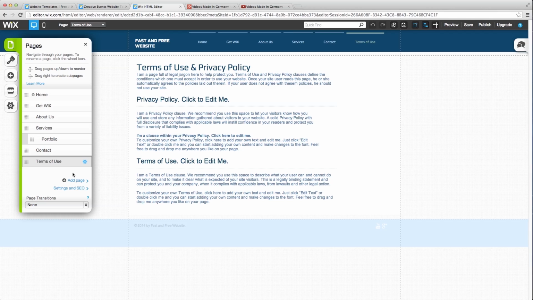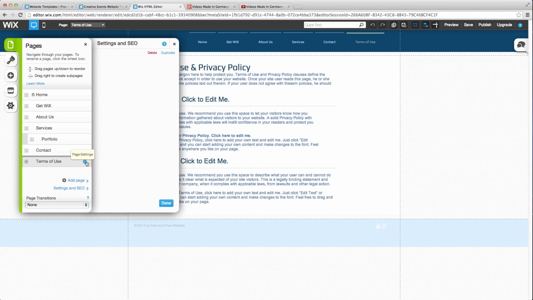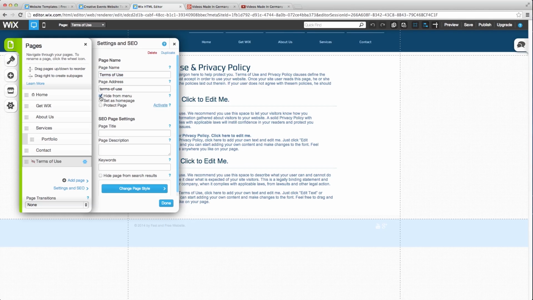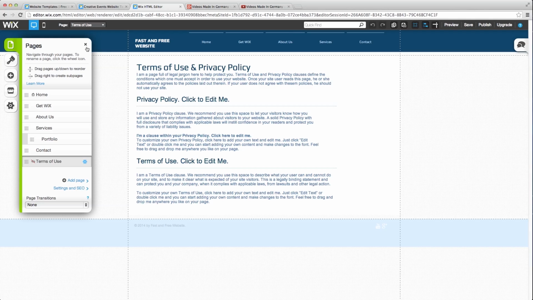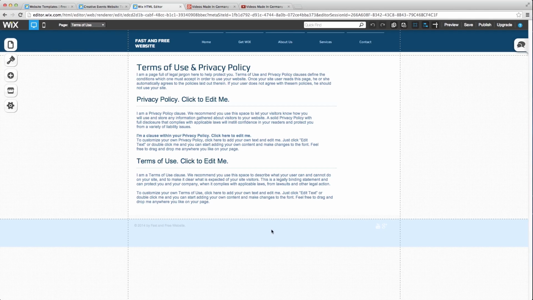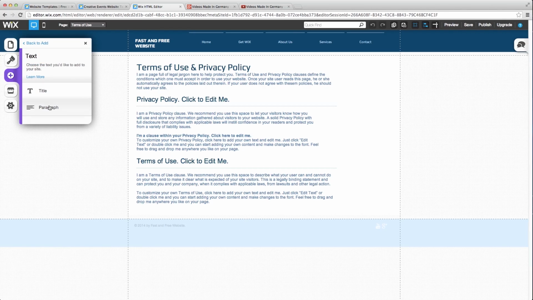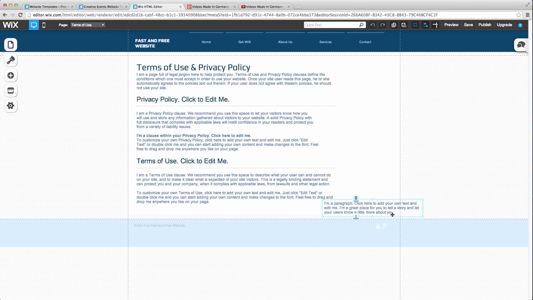And so after we got the page transitions, I want this terms of use page to be in the footer, but not in my menu, like next to About Us and Get Wix and stuff. So what I'm going to do is make it hide from menu, so it doesn't show in the menu anymore. This is good like this. And I want to have a short text here that links to my terms of use page, which is going to read, as many of you could have guessed,